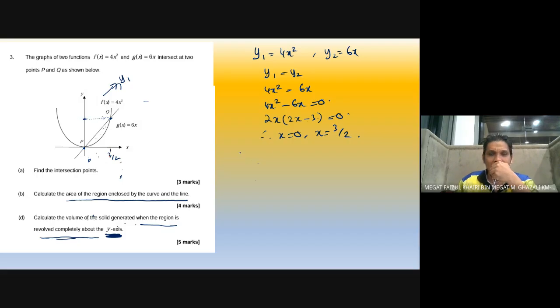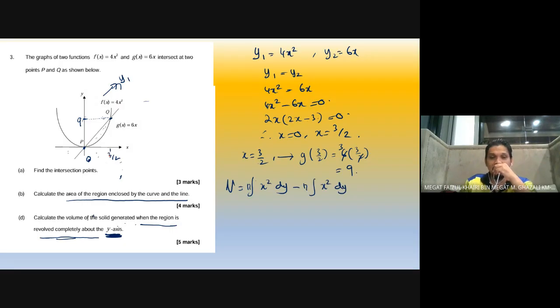So when x equals 3 over 2, substitute into any function, 4x squared or 6x. Make it 6x: 6 times 3 over 2. 6 divided by 2 equals 3, 3 times 3 equals 9. So it's 9 here, from 0 until 9. So the volume is pi integral of x squared dy minus pi integral of x squared dy,